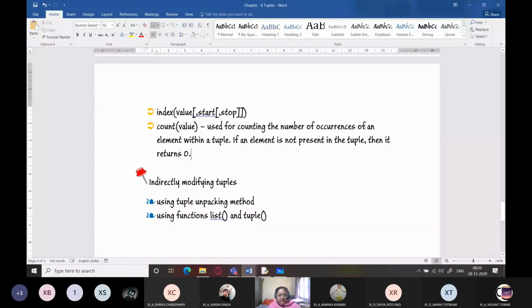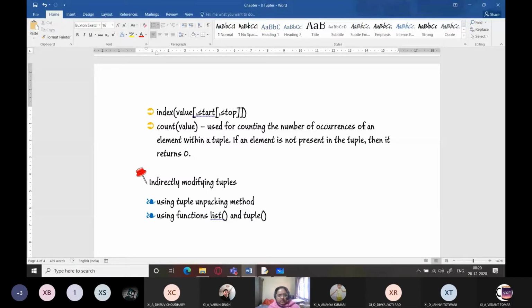Okay, because if there is an option here, it doesn't need to return any error in this case. If an element is not present, simply 0 will be returned, and this function returns only positive indices, because positive indices are considered to be the primary indices and negative indices are considered to be the secondary indices.